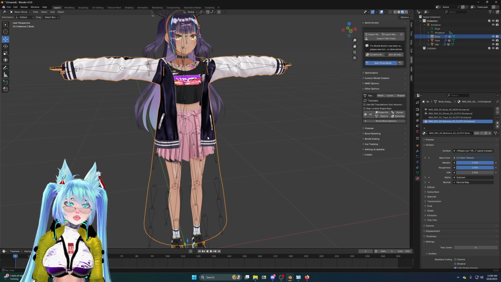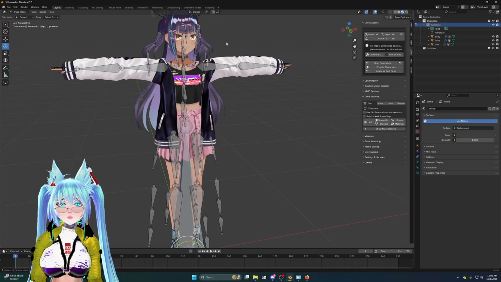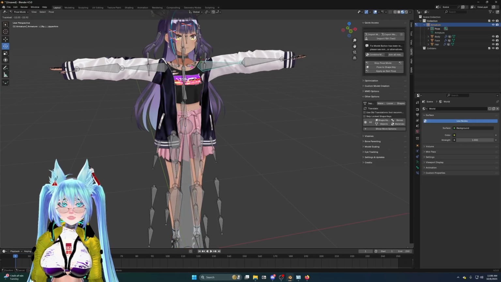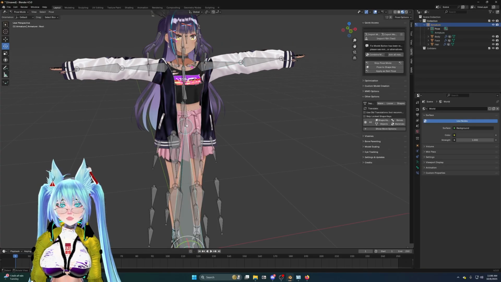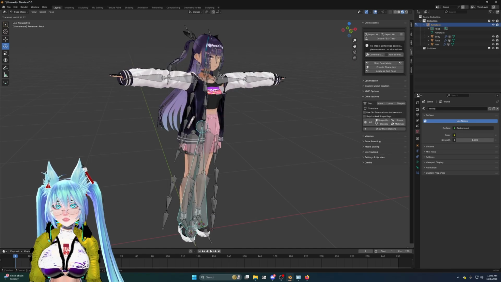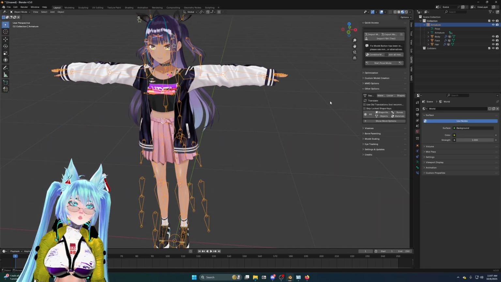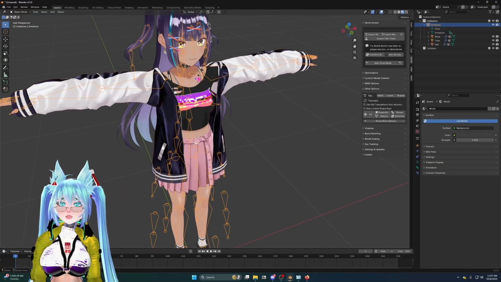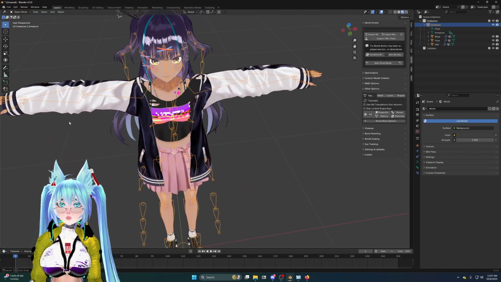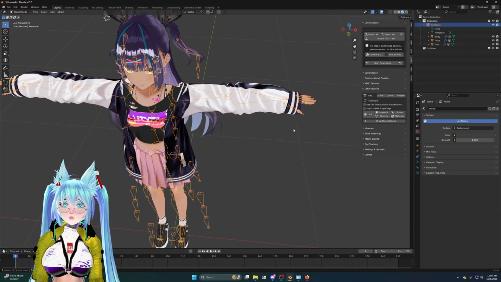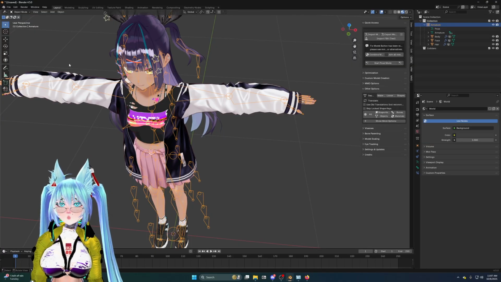And just to show that everything is working fine, we will go into pose mode. As you can see, everything's working. She's working just fine. We can even move her around by her root bone. Now, if you were to want to separate this, say, by selection, for whatever reason, maybe you want to remove